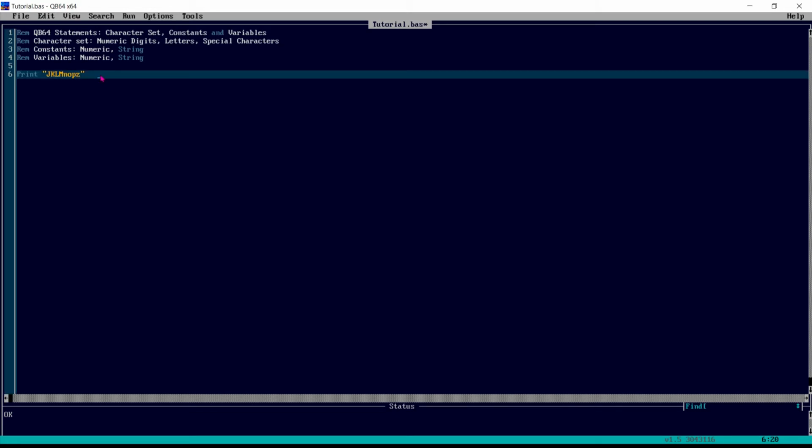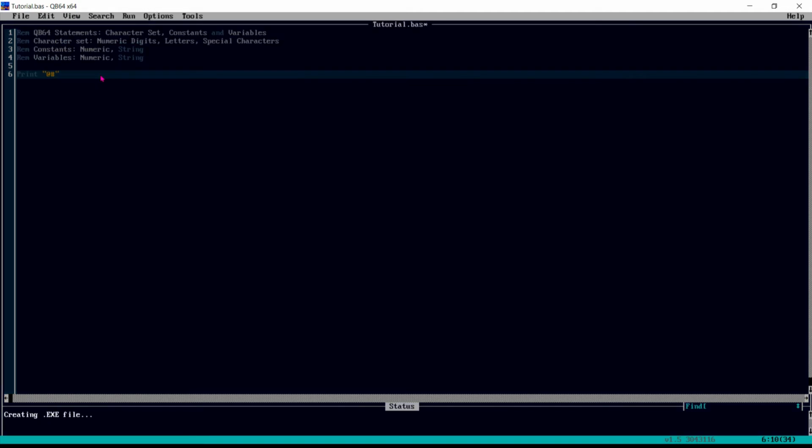Now the third character set is special characters. What are the special characters? Special characters are like at the rate of, hash, dollar, asterisk, greater than, less than, question mark, all sorts of brackets. Let me use at the rate of, hash.